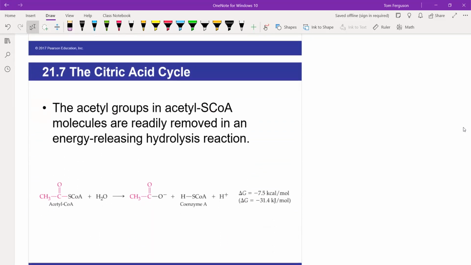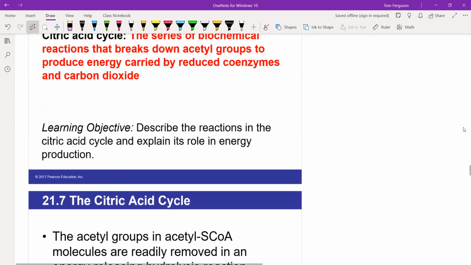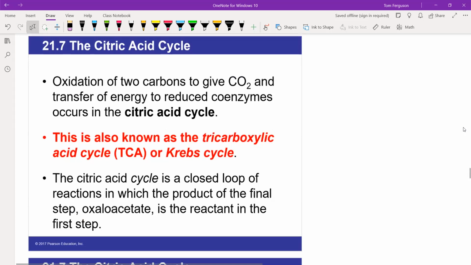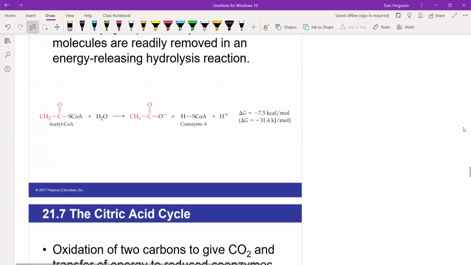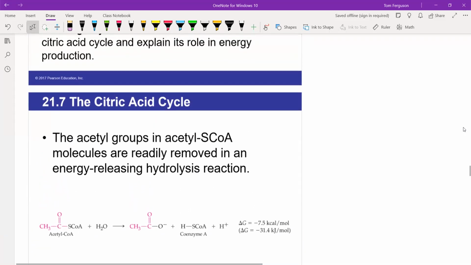What I want to do is stop here, because this is going to get into all the reactions of the citric acid cycle. I want to talk about glycolysis first. So that's where I'm going to start the next time we meet, on glycolysis, which is in the chapter labeled Carbohydrate Metabolism in your book. That's my chapter 22.